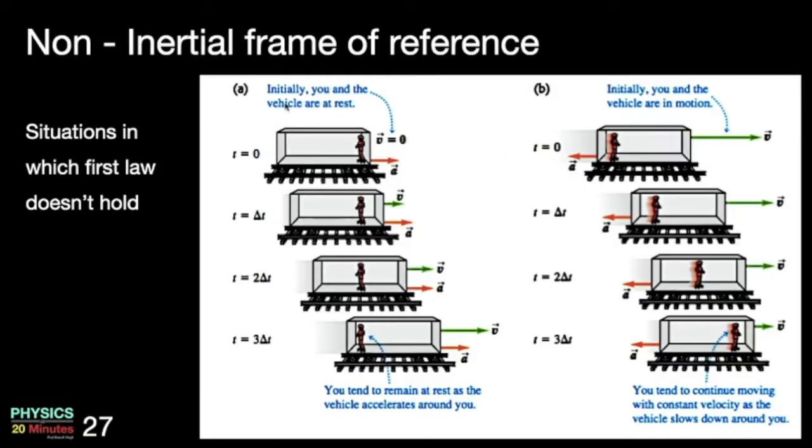So if you look at this first column of drawings, there is a rail wagon which is on a railway track. There is a person standing here. The person is on skates. There are wheels in his shoes. The person is at rest. The rail wagon velocity is initially 0. Now suppose the rail wagon velocity increases because it experiences an acceleration.